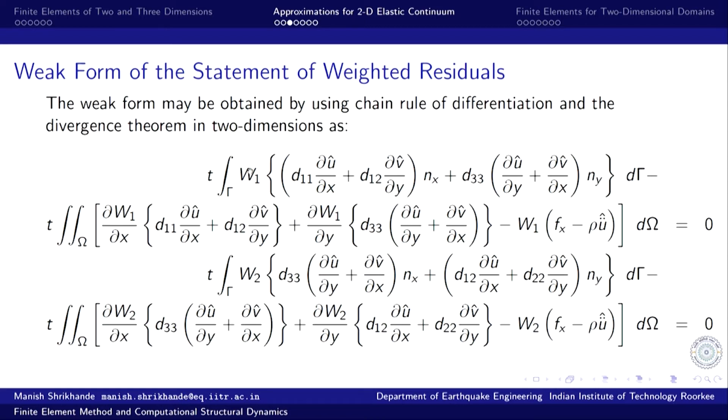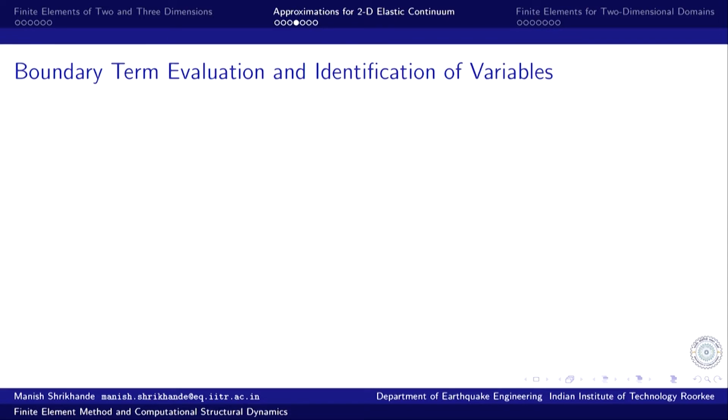So, W 1, this is 0th order derivative. So, substituting the corresponding unknown of the problem, that is u along the x direction. So, the primary variable will be u, the displacement along the x direction, and the secondary variable is the traction along the x direction. Similarly, looking at this second equation, W 2 will be again 0th order derivative, and so the primary variable will be v, the displacement along the y direction, and the corresponding secondary variable will be the forces along the y direction.